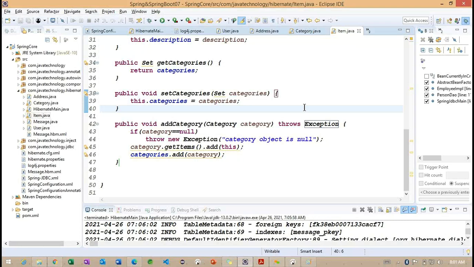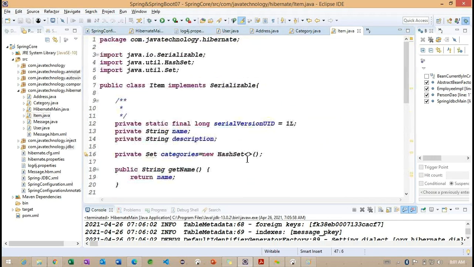Getting the point? As of now, that is what we discussed in today's class. Any questions regarding today's session? This example is not yet completed because tomorrow we are going to discuss the mapping section. If we don't have anything, yes, we just created the model classes, and tomorrow we are going to discuss the mapping classes.